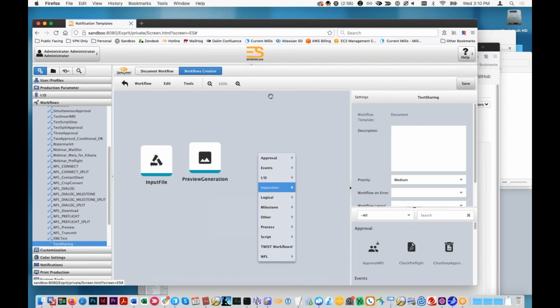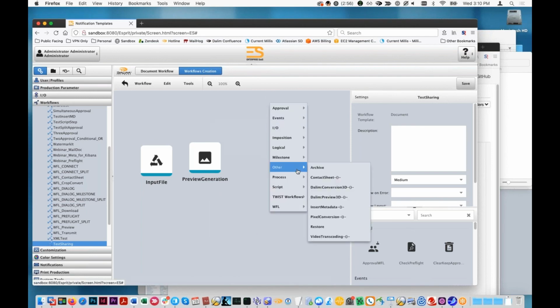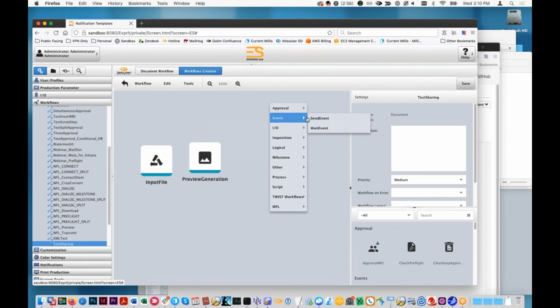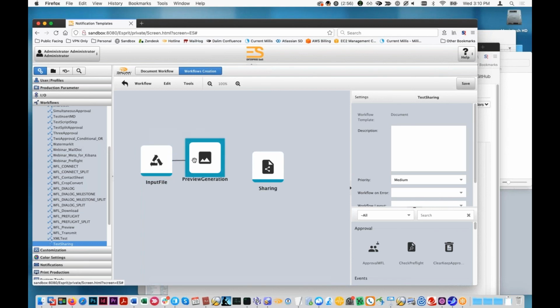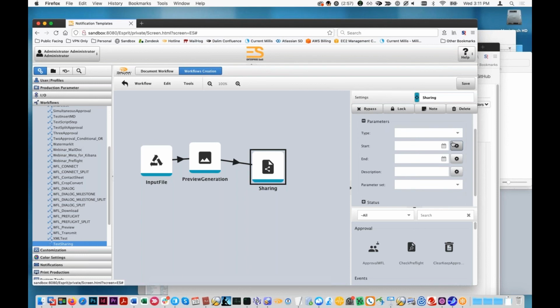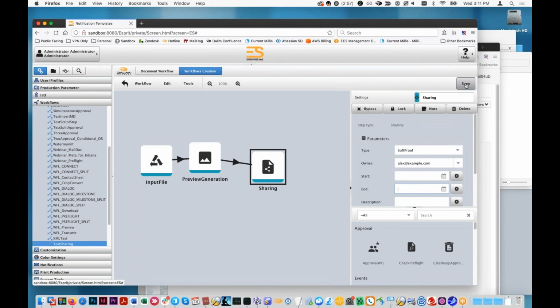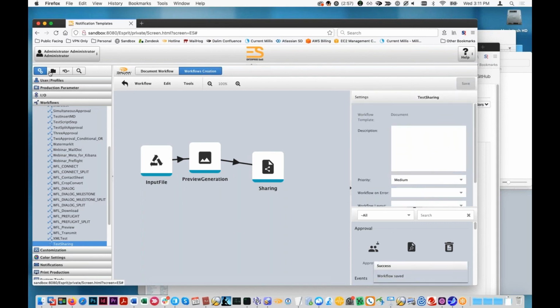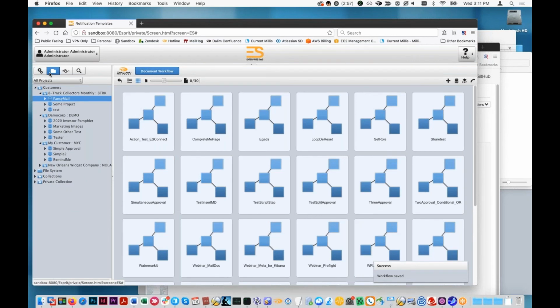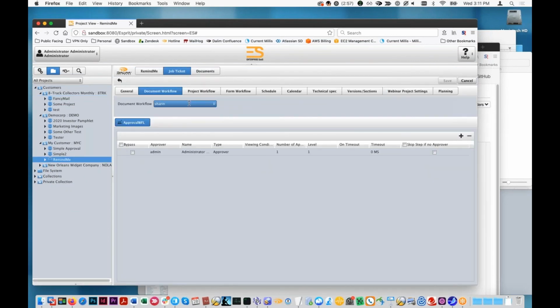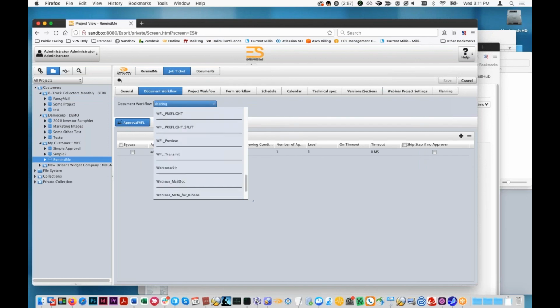Let's do input file, preview generation, and events. I can't remember where it lived. Sharing. Yeah, there we go. So if you wanted to share out like a soft proof link to a file, you can do that directly within the workflow. And if we run something through this